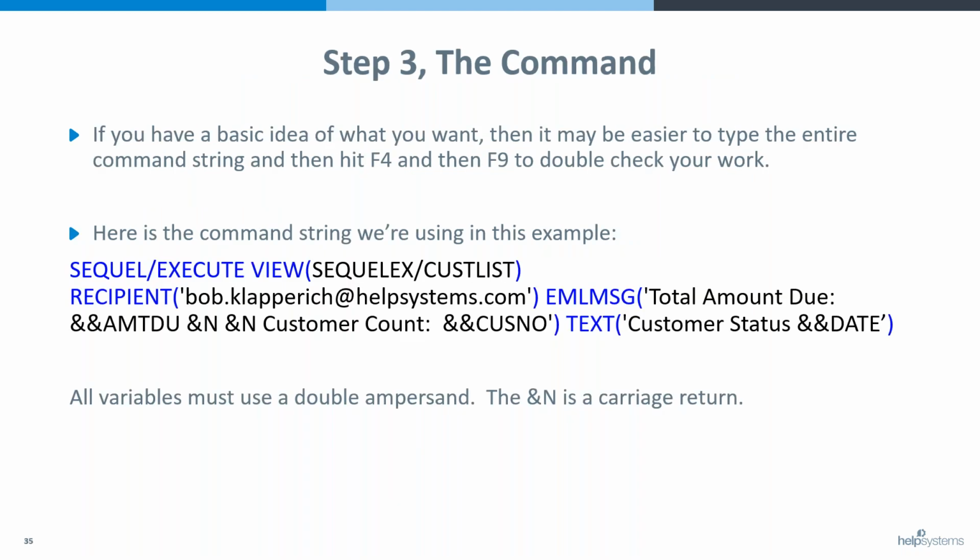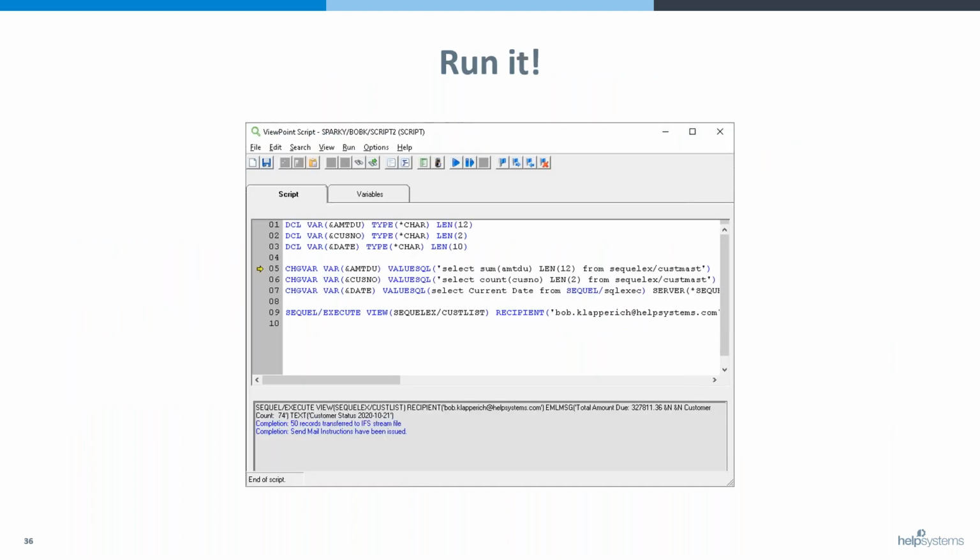So Cheryl, on the next slide, yep, we've got the execute command string here, and you can see that just like Jackie did, I'm using a double ampersand on the variables so that SQL replaces that variable with the actual value, and then I've got an ampersand n, and that's basically an invisible character for a carriage return, so I can build a couple of spaces in between those two pieces of summary information in the email message, and then I've got the date in the subject of the email. So when this is all put together, here's what the script would look like, and from here you can